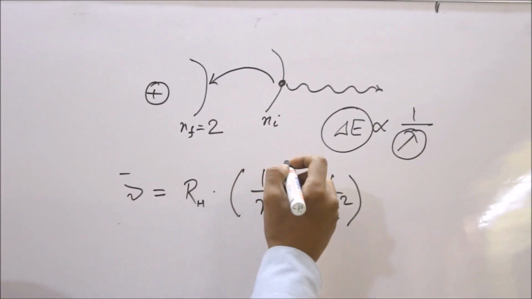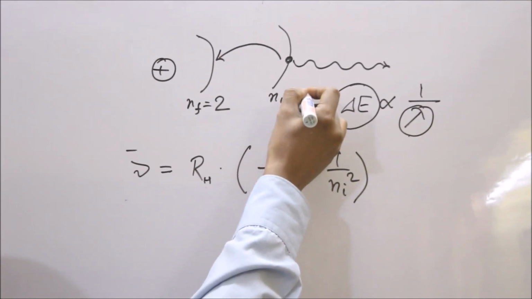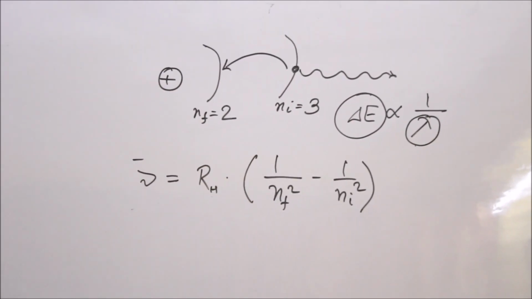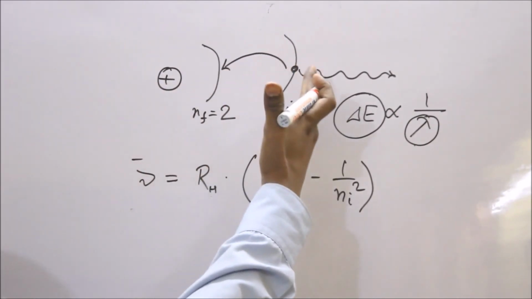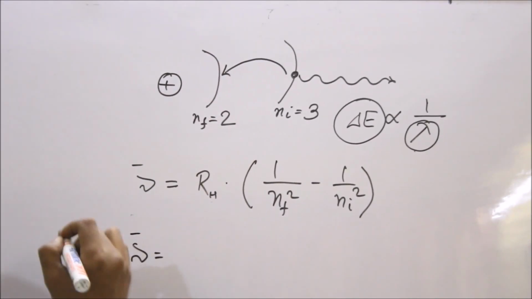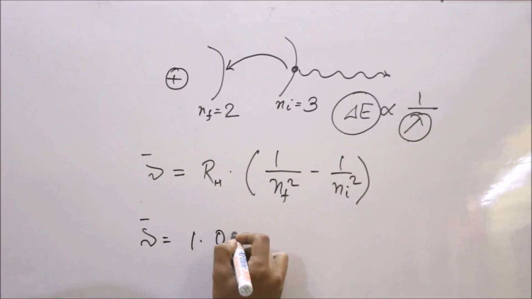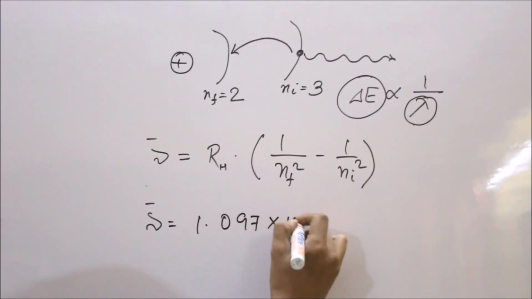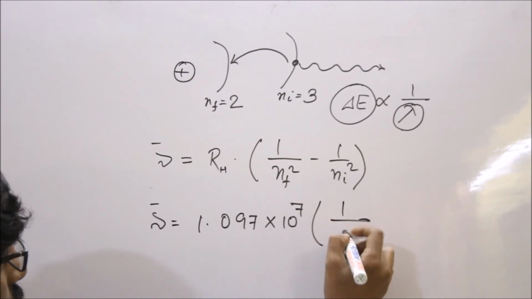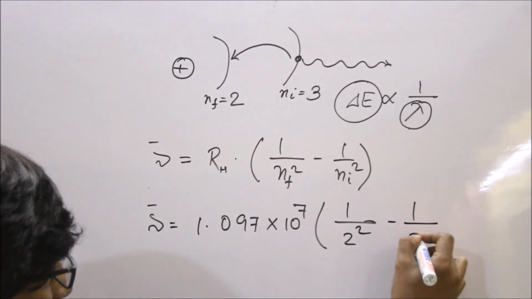Now in case of longest wavelength of Balmer series, ni will be 3. That means the adjacent shell of the second shell. Now electron jumps from third shell to the second shell. So our answer will be: RH, that is Rydberg constant, equals 1.097 into 10 to the power 7, nf equals 2, so 1 by 2 square minus 1 by 3 square,